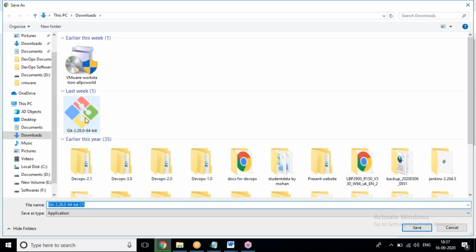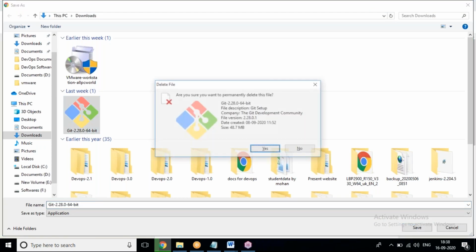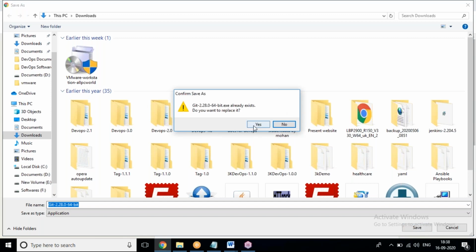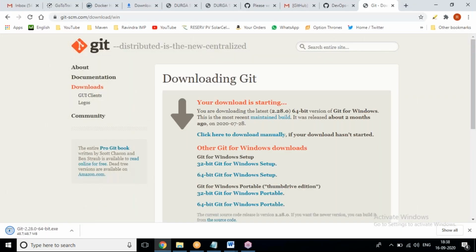Already I have downloaded it, so I'm removing that. Yes, I have removed it. Now I'm saving it in the downloads location. Maybe on your machine it won't ask that. Yes, download success. On my machine, download over.